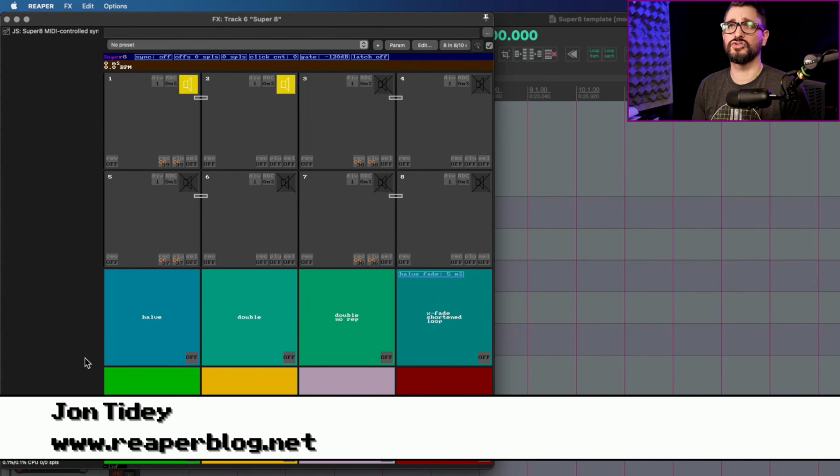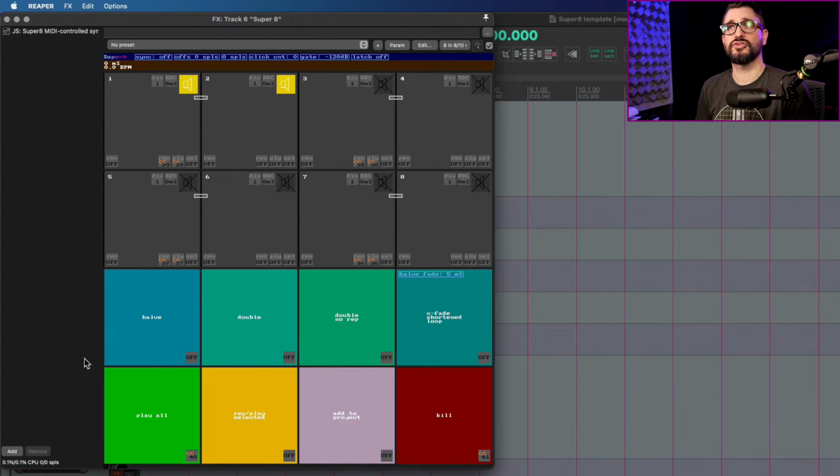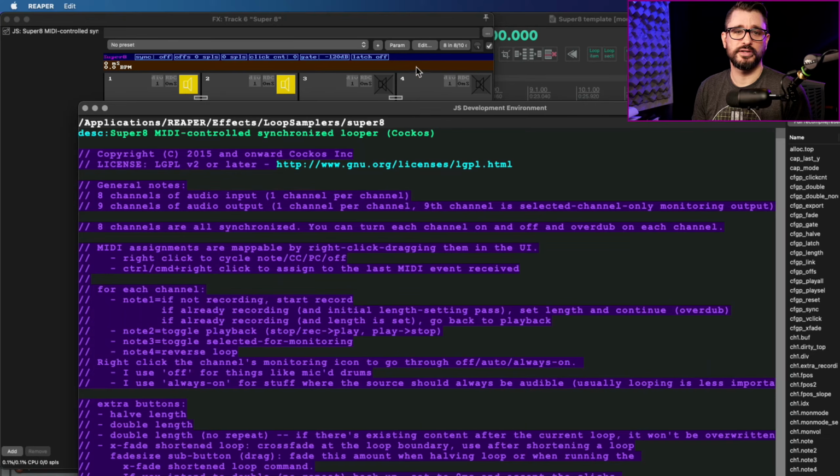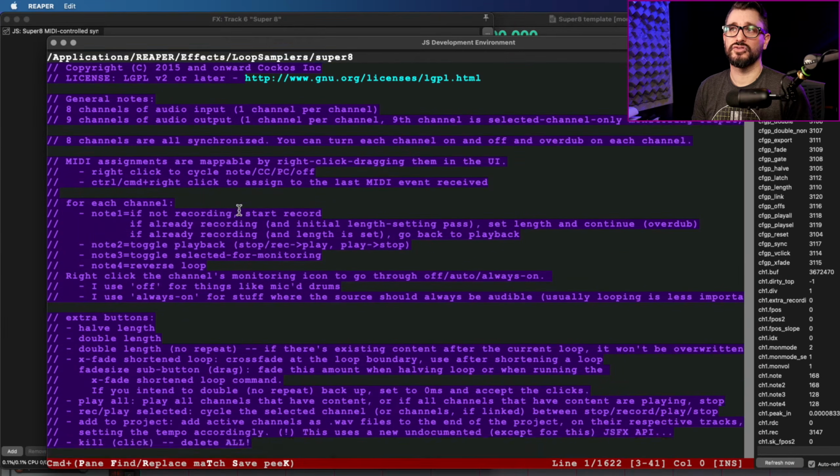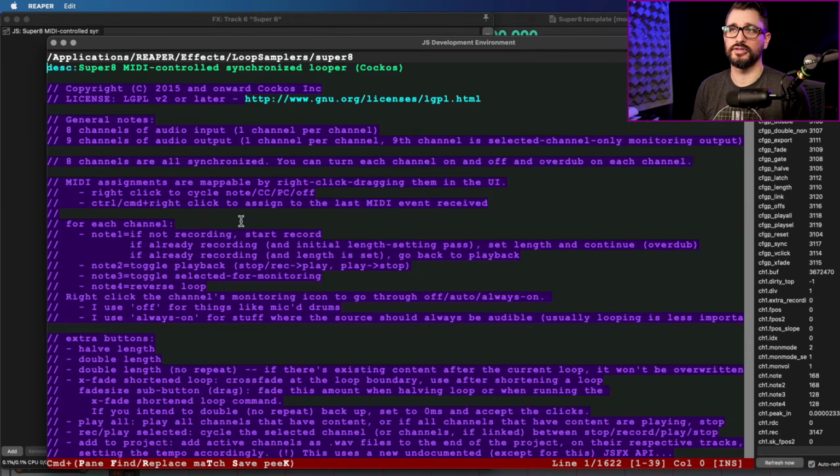So here is Super 8. This is one of the stock plugins that comes with Reaper. It's a JS format plugin. It only runs in Reaper. With the JS format, you can actually edit and modify the plugin. If you hit the edit button here, you'll get to all the code that is inside of this plugin that makes it work,